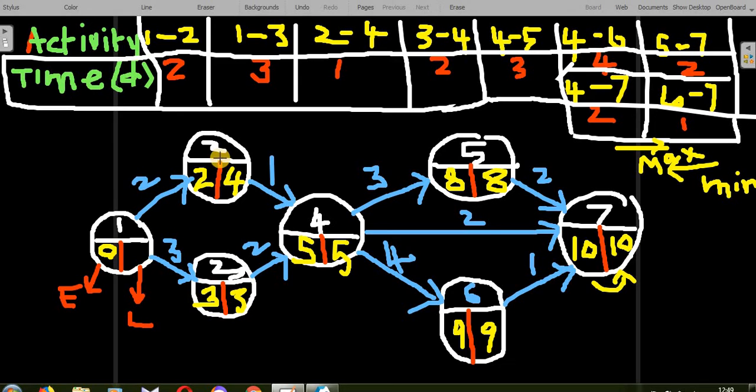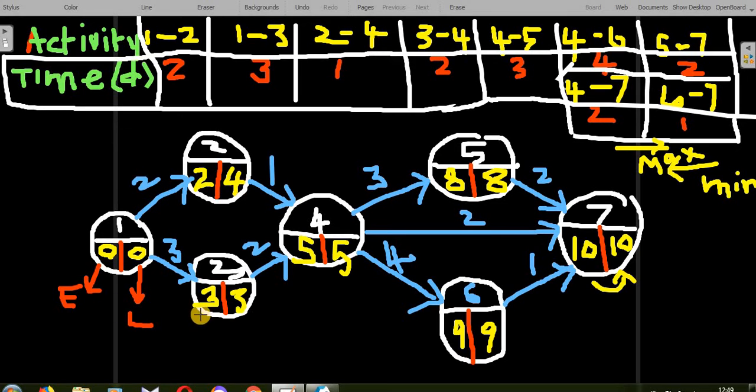Again a problem comes here because 2 arrows are ending backwardly here. Therefore, we have to find out the latest time this way and the latest time this way, and whichever is the minimum, we have to write. Here the latest time is 4. 4 minus 2, you will get 2. Here the latest time is 3. 3 minus 3, you will get 0. So this way the latest time is the least, therefore we have to write here 3 minus 3 is equal to 0. So that's all. We have calculated the earliest time and latest time.